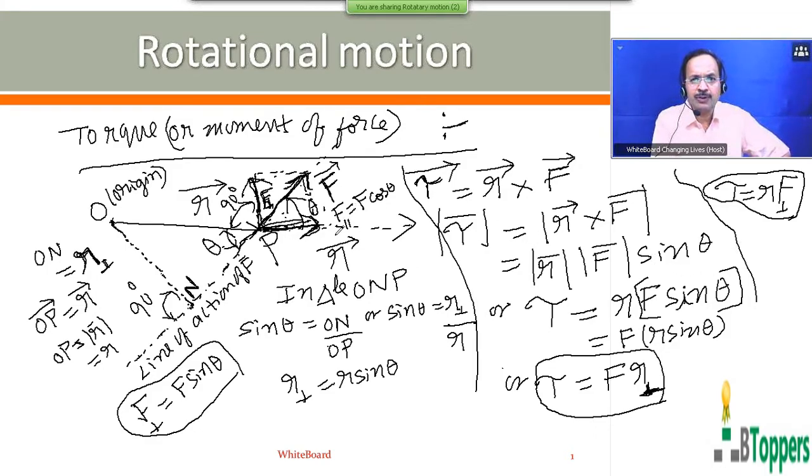That is the magnitude of the torque or moment of the force F bar with respect to origin O. Basically, it is written as RF sin theta. The theta is the angle between R bar and F bar. Or you can write the magnitude of the torque or moment of the force is equal to the product of the magnitude of the force and the perpendicular distance between the line of action of the force and the origin O. Or the magnitude of the torque can also be written as R into F perpendicular, where F perpendicular represents the component of the force F bar which acts perpendicular to the position vector R bar.